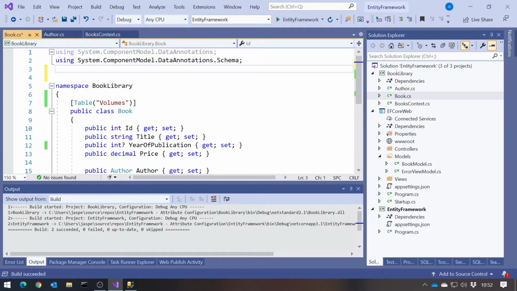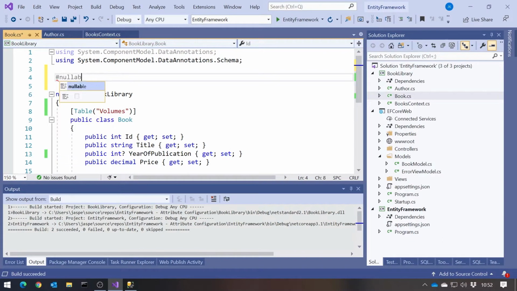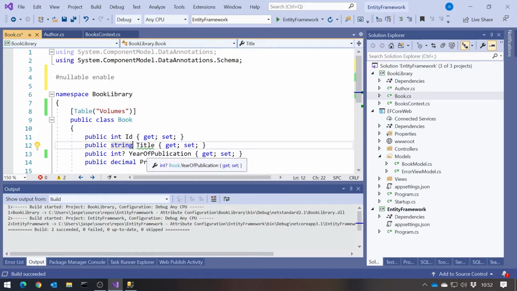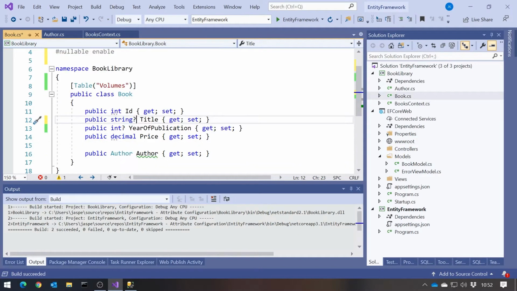When it comes to reference types, it might be a little bit trickier. If we're using C# 8, well then we've got the nullable references as well. So I could simply go in here, and if I just do my #nullable enable, so just enable the nullable references in C# 8 on there, and then if I change that to a question mark, then that now is nullable.